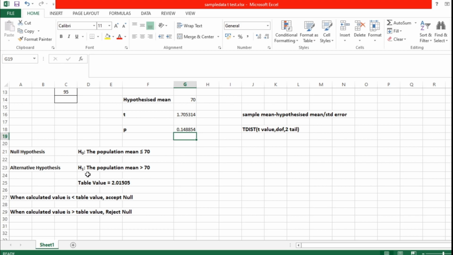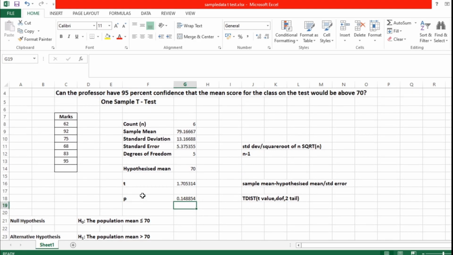The calculated value is 1.70, whereas the table value is 2.01505, you can easily understand that the table value is greater than the calculated value. So automatically we are accepting the null hypothesis. So we can confirm that the null hypothesis is accepted.